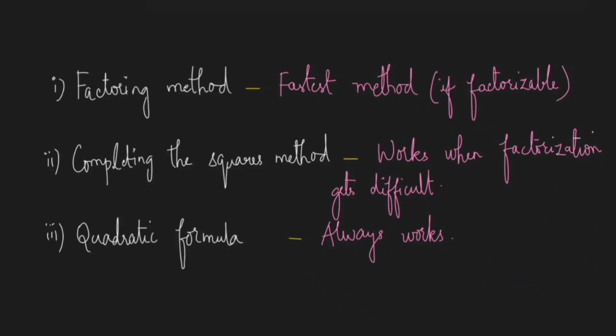Alright, so now we have learned all three methods to solve a quadratic equation. Let's quickly compare them. First, the factoring method. This is the safest method, but only if the quadratic is factorizable. If the numbers are nice and simple, always try factoring first. Second, completing the square. This method is very powerful and very useful, especially when factorization becomes difficult. It also helps us understand where the quadratic formula actually comes from. And third, the quadratic formula. This is the safest method. It always works no matter how complicated the numbers are, decimals, fractions, large values, it will always give you the